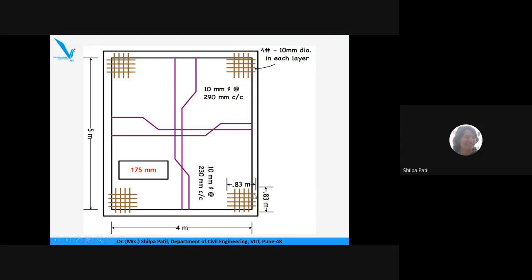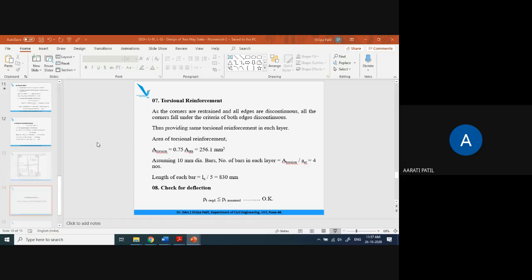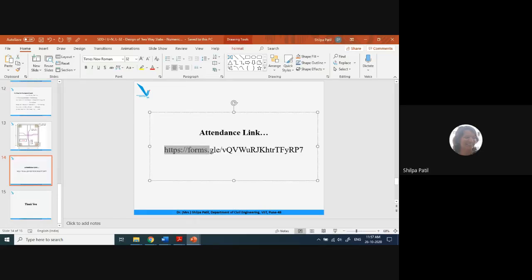You can also write the total area, though it is not required because we have already given the details as 4 bars having 10 mm diameter, so we can easily find the total area considering 4 layers. Is it clear? So this diagram is important. You are expected to draw this diagram after completion of your design steps, not only for your term work, even in your examination. Is it clear, everybody? Yes, ma'am. So design of two-way slab is not so difficult, only understanding the case and calculation of moment will take some time.